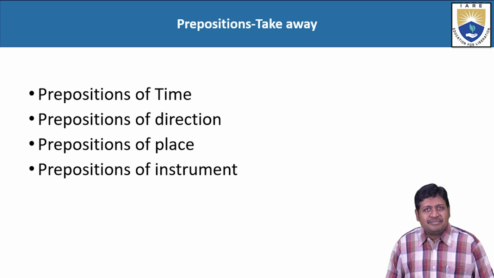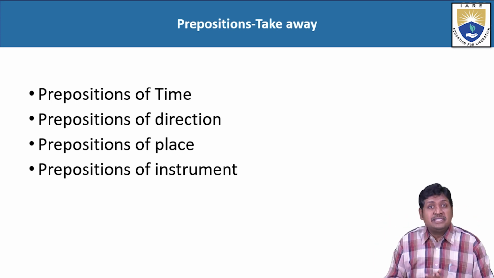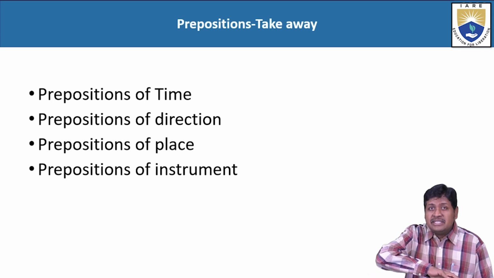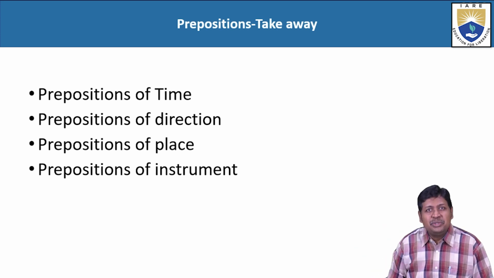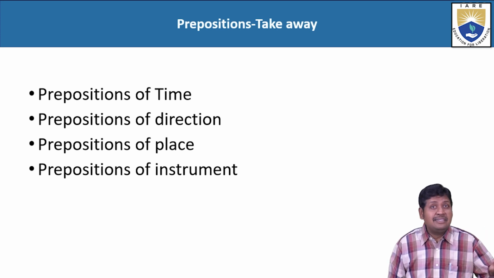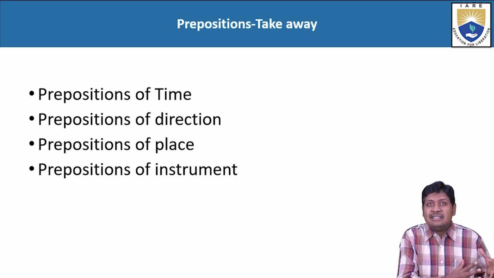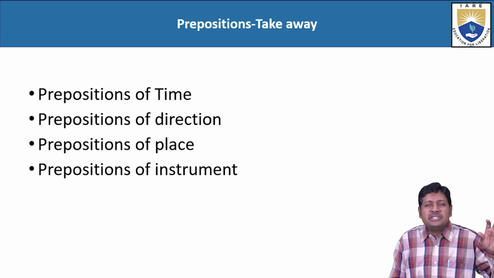Prepositions of location. I'm talking about some of the important areas where common errors are committed in the usage of prepositions. What is the mistake that is committed? What is the correct preposition that should be used in these cases? I watched this movie on the television, not in the television. Just because in our mother tongue we use it as in, we cannot use it here. I watched this program on the television, not in the television.